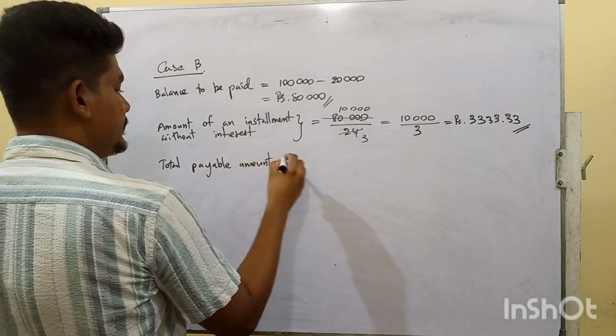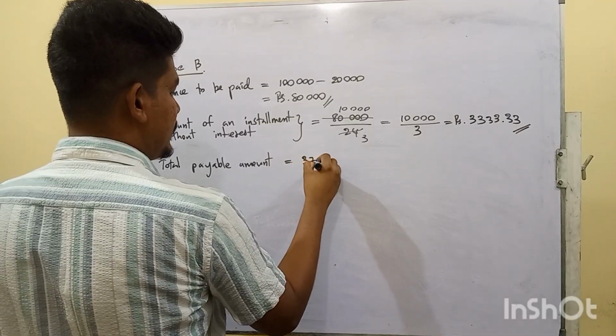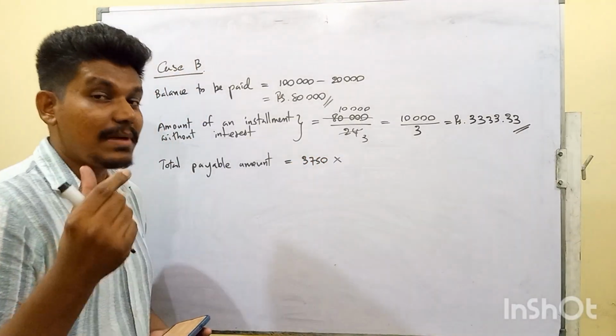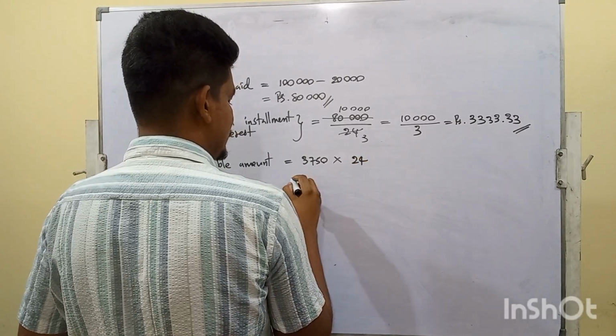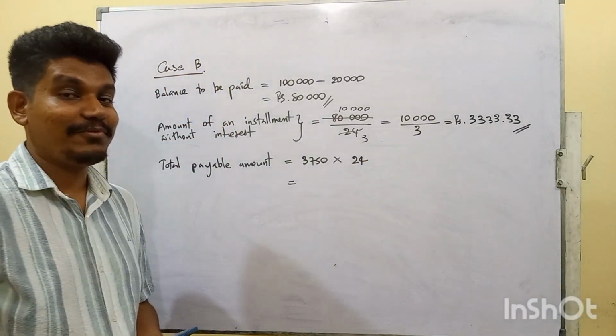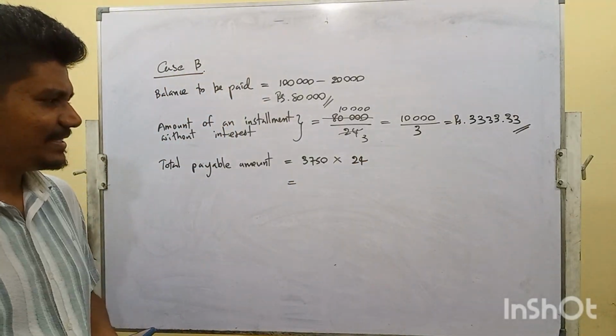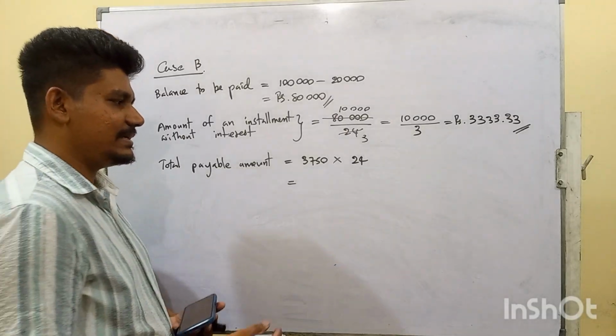How can you find the total payable amount? 3,750 to be paid per month. Then for how many months? Should be paid for 24 months. Should pay for 24 months, right? Then how can you multiply them with that? You could multiply it like this: